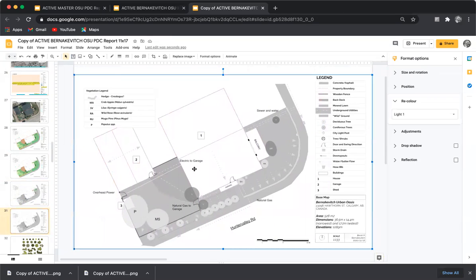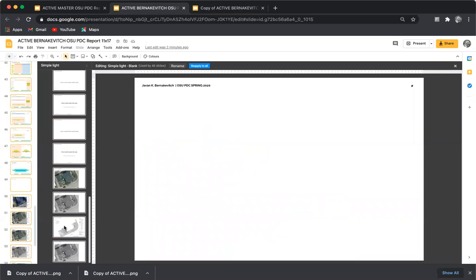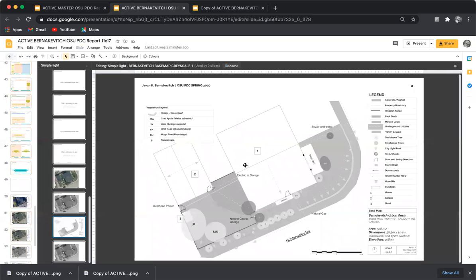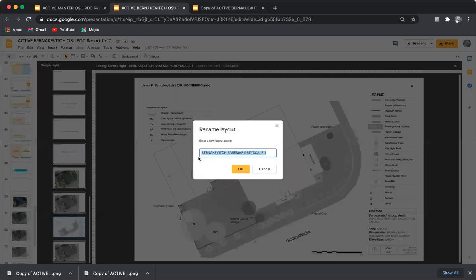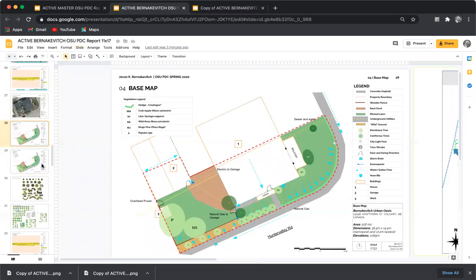So with this image, I then copy it, bring it back over into my active slideshow, slide, edit master, go all the way down, get a new slide at the bottom and paste it in. Now I have a grayscale. Rename it as I've done here, Bernakevitch Basemap Grayscale 1, press OK. Now, I'm going to get out of this and go back to my slideshow. The next thing I'm trying to make is a base map with this